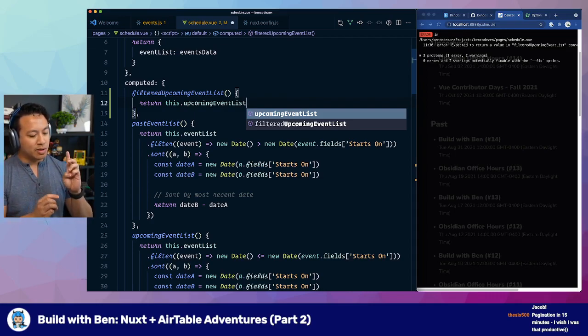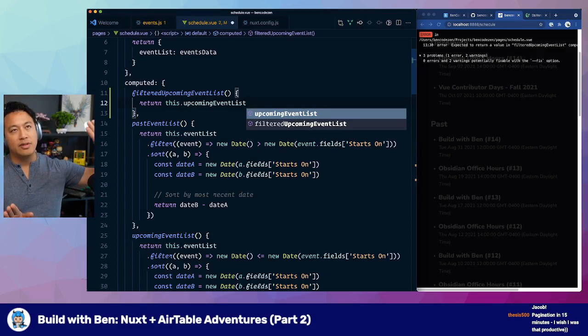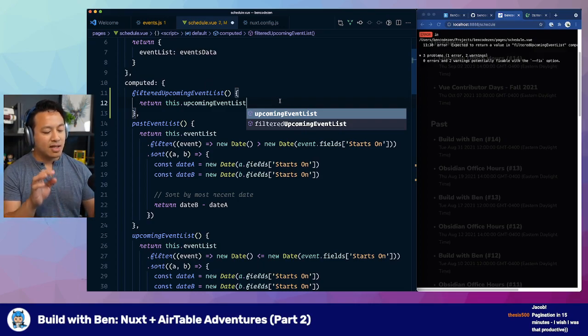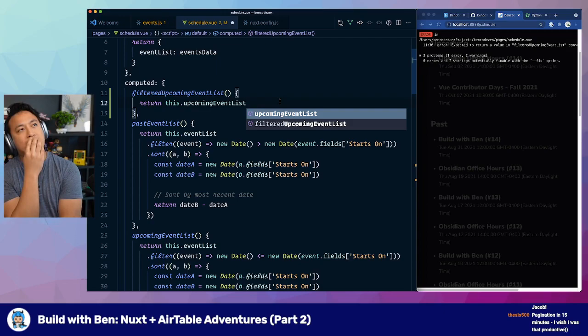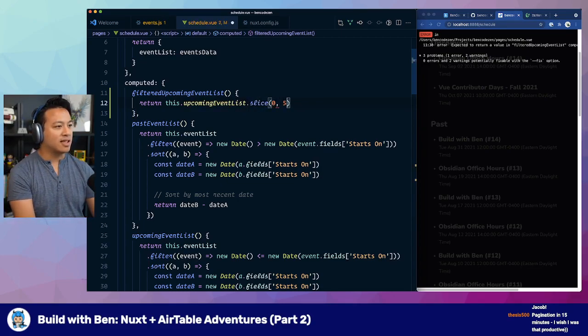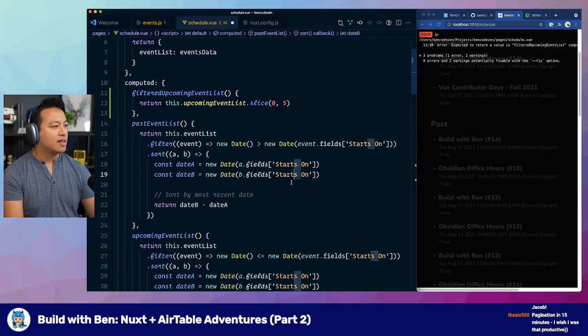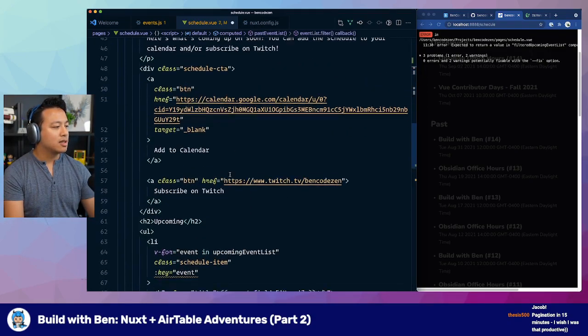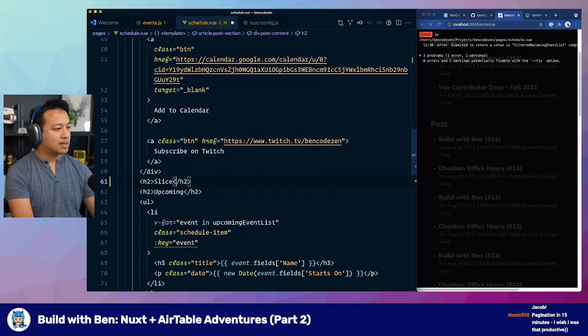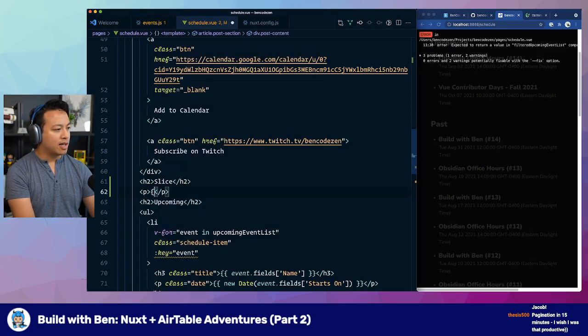So, one of the things is we need to take a subsection of the list. A slice, or not a slice? Yes, I think we want to grab the beginning up to the end. I think that's a slice, and I think a slice will not mutate. So if I'm understanding this correctly, if we do 0 to 5, and then just to see that this works, I'm going to add another H2 called slice, and then render out